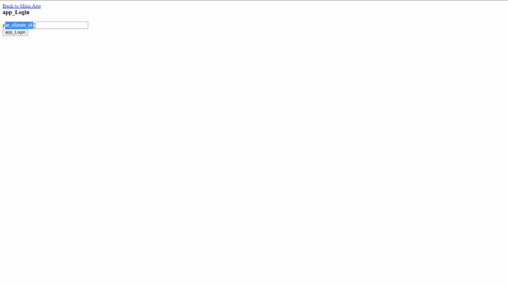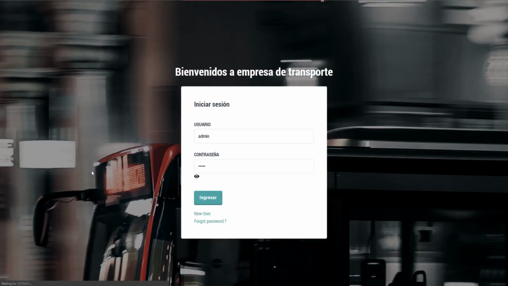and we are being requested client ID, we can just skip that, go app login, and we can see that we have first of all a HTML login page with a Spanish title, Spanish fields, as well as no language selection here. So that's something we will come up to next. Within the next video, we'll see how we can add the languages to this login page, as well as add the language selection to either the individual applications or even the entire menu as we have within the original project that I have shown you at the beginning